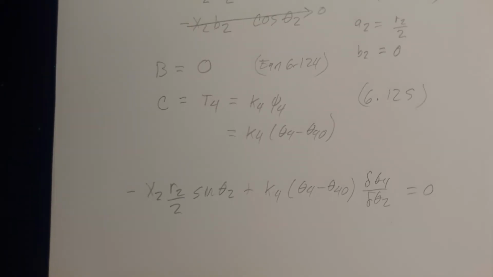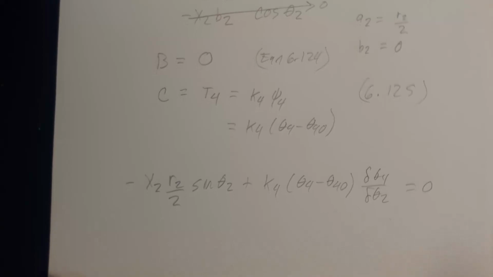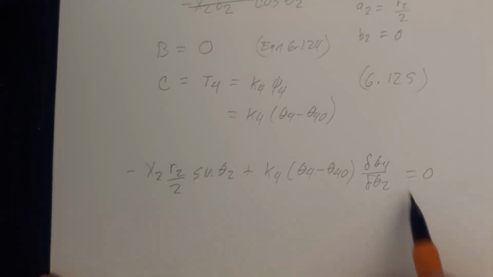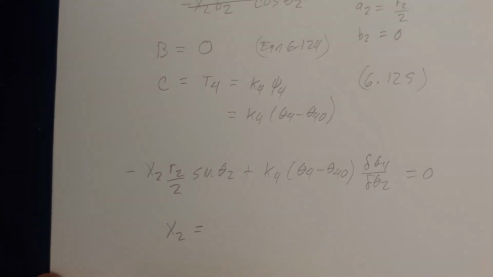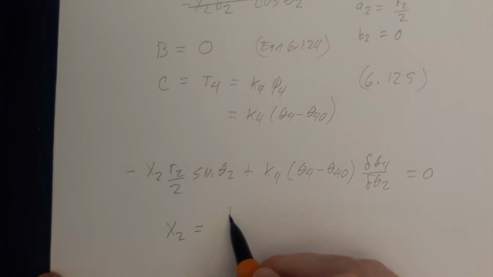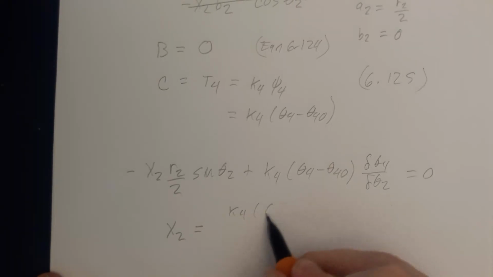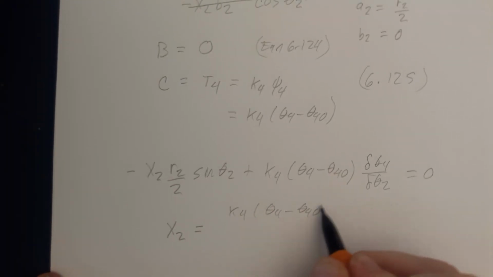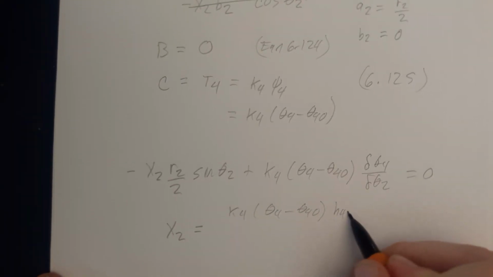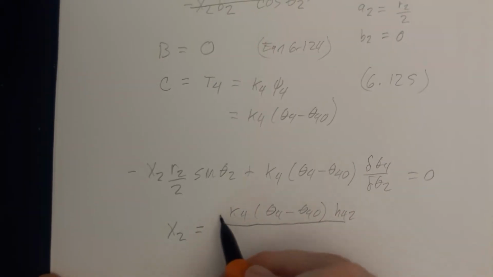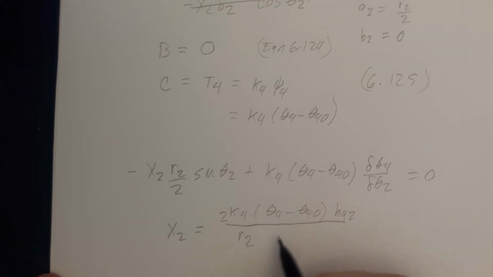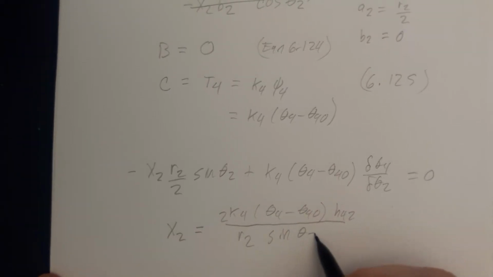And so what I can do is isolate this for x2, because I want to know how big of a force it's going to take to move this four-bar. Okay, and so what I'm going to get is x2 is going to be equal to k4 (theta 4 minus theta 4 naught) h42, that's the same as d theta 4 d theta 2, and then we're going to have 2 r2 sine theta 2,